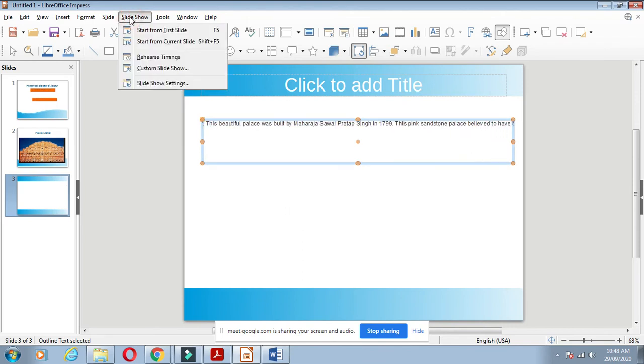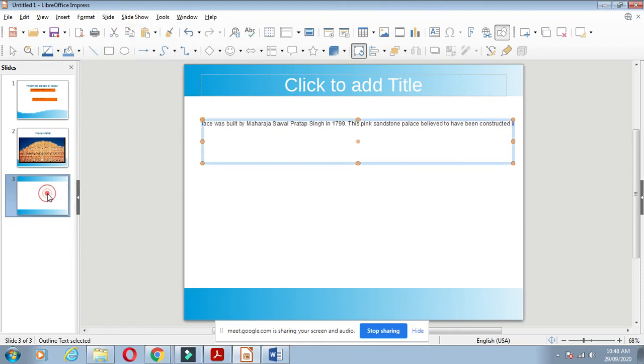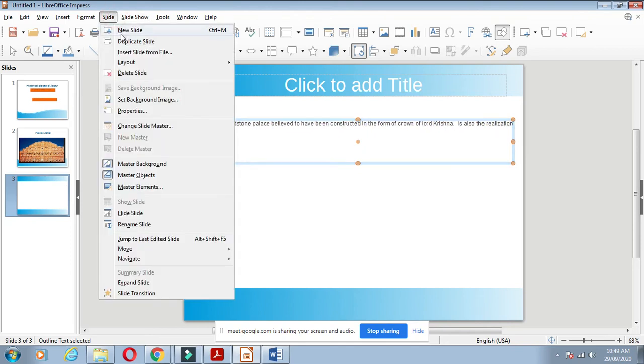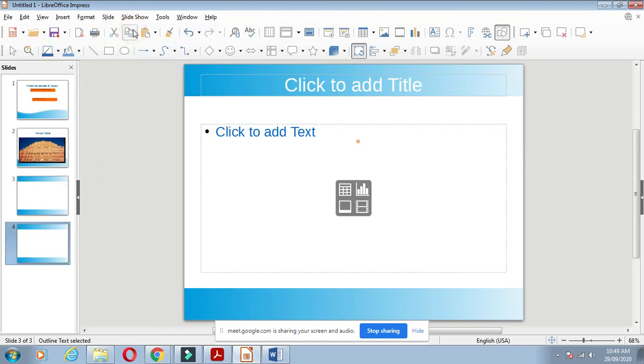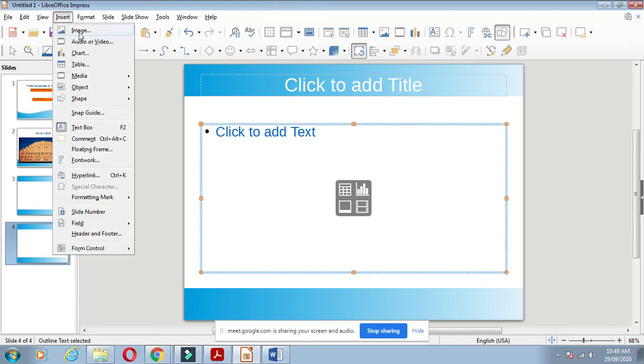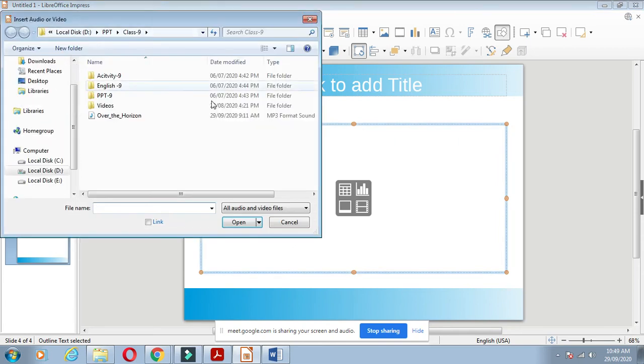Again, if you want to add a new slide, you can add it. New slide. In this slide, if you want to add the audio file, then what you do, you just create a new slide, then click on insert, click on audio, choose the audio file.